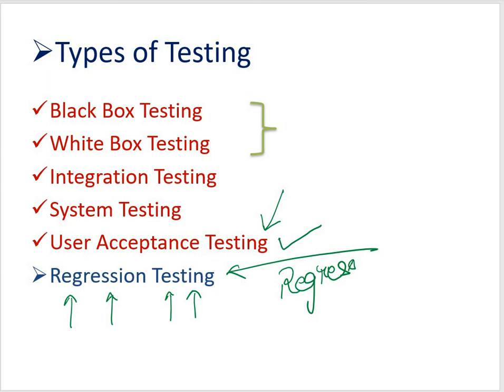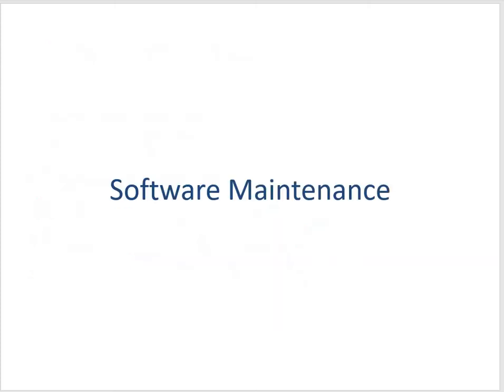It's a way to ensure that no adverse impacts are there in overall functioning of the application post adding any functionality, or post rectifying some issues. Now before that, let's understand what basically your software maintenance is. From the term itself, you might have got an idea that we are now dealing with maintenance, right? We are bringing some changes, we are maintaining it, for getting rid of some previous problems, or for adding some new functionalities, right?